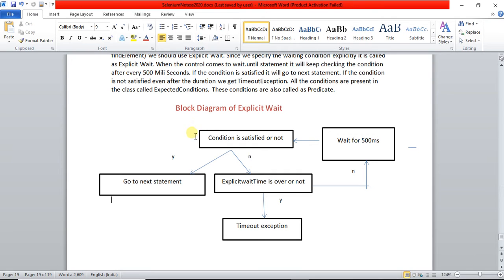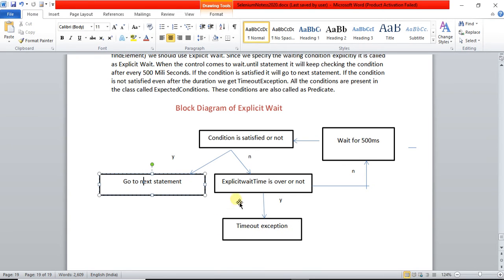When the control comes to the explicit wait, it will verify whether the condition is satisfied or not. If the condition is satisfied, it will go to the next statement. If the condition is not satisfied, then the explicit wait will verify whether the time is over or not. If the specified time is over, the explicit wait will throw the timeout exception, which is a Selenium runtime exception.